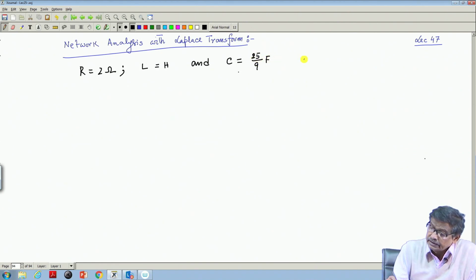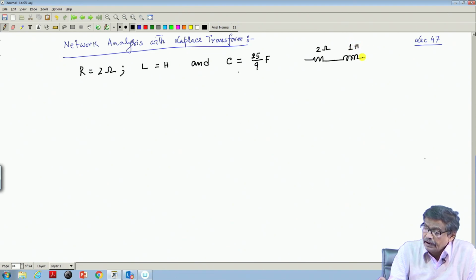So, the circuit in time domain is like this: R 2 ohm, then an inductance of value 1 Henry and